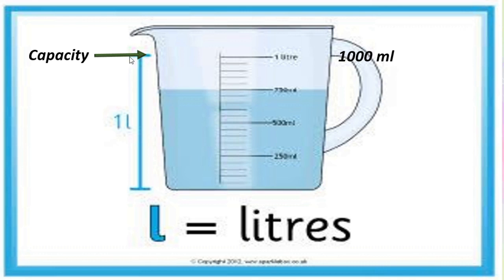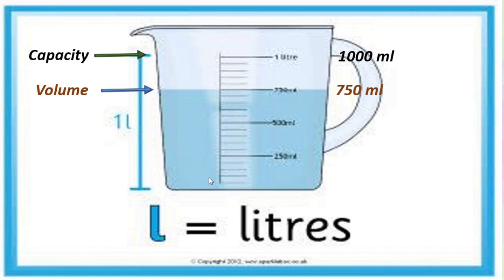Remember the capacity. What is the capacity of this mug? 1000 ml or 1 liter. Okay? And how much liquid can you see in this mug? See, this is called volume. What is the volume of this liquid? This is equal to 750 ml. Right? This is called volume. Whatever the amount of the liquid is, that is nothing but the volume of that liquid. And the capacity of this mug.